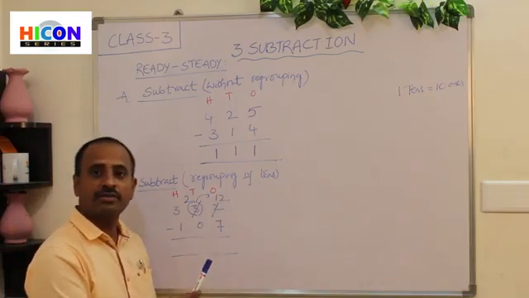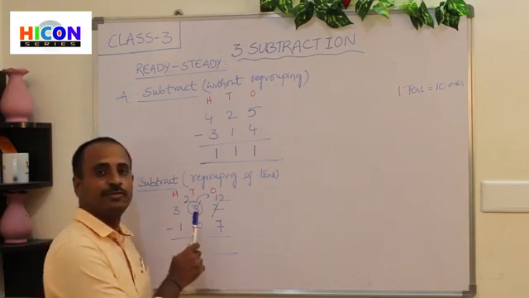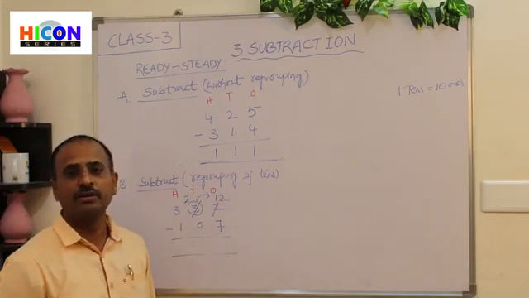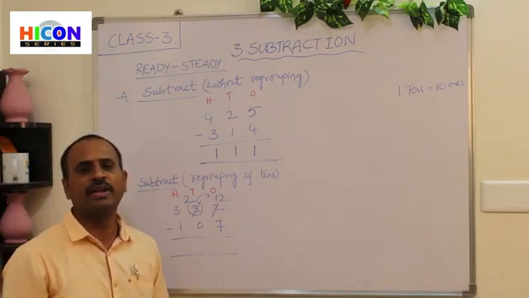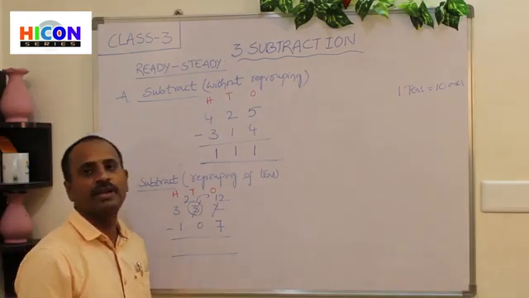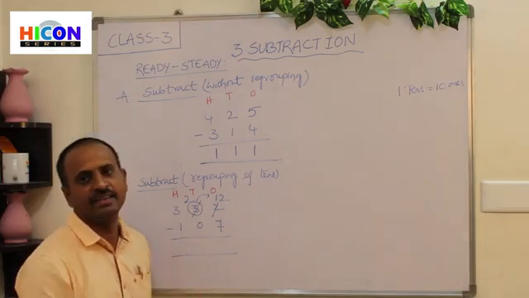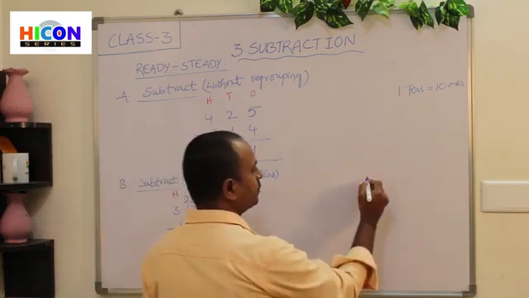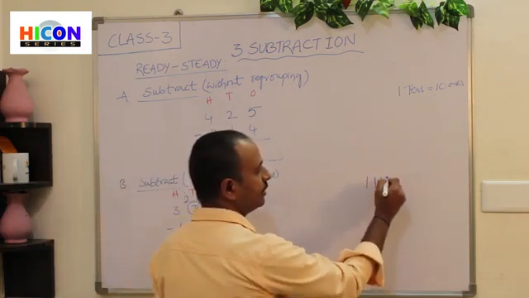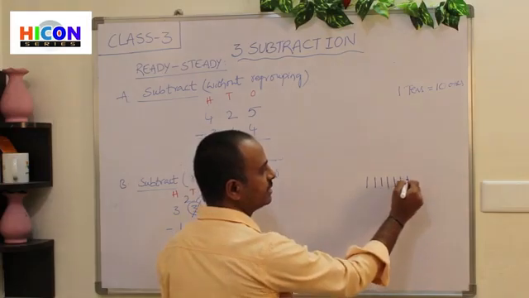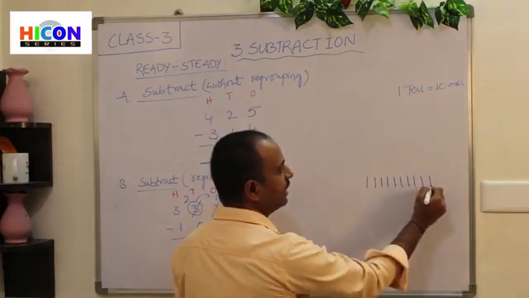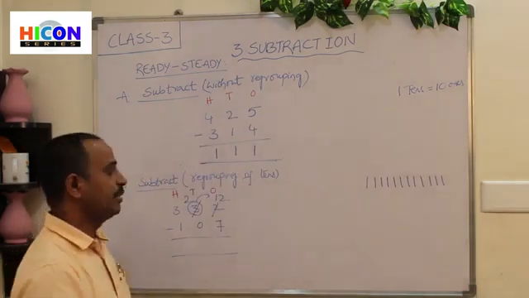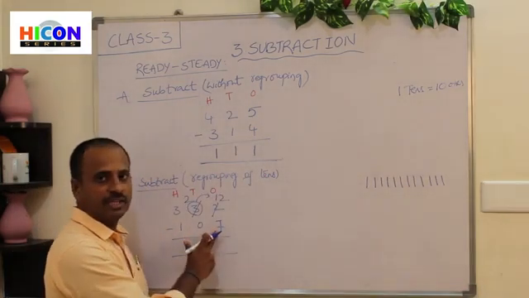So how can we subtract 7 from 12? We can do this subtraction with our fingers. So open 12 fingers of our hand, but we have only 10 fingers on our hands. So we can do this subtraction just by drawing lines. So draw 12 lines in your rough notebook. So 1, 2, 3, 4, 5, 6, 7, 8, 9, 10, 11, 12. So just draw 12 lines. So among the 12 lines, strike off 7 lines.